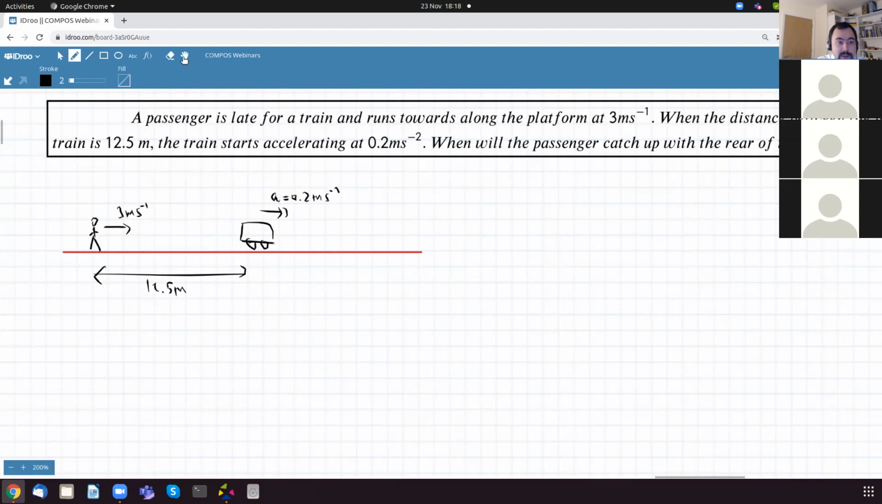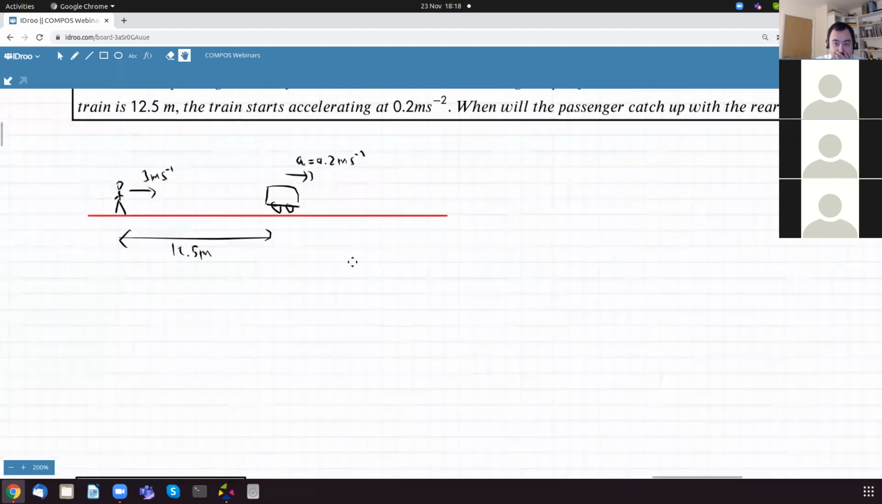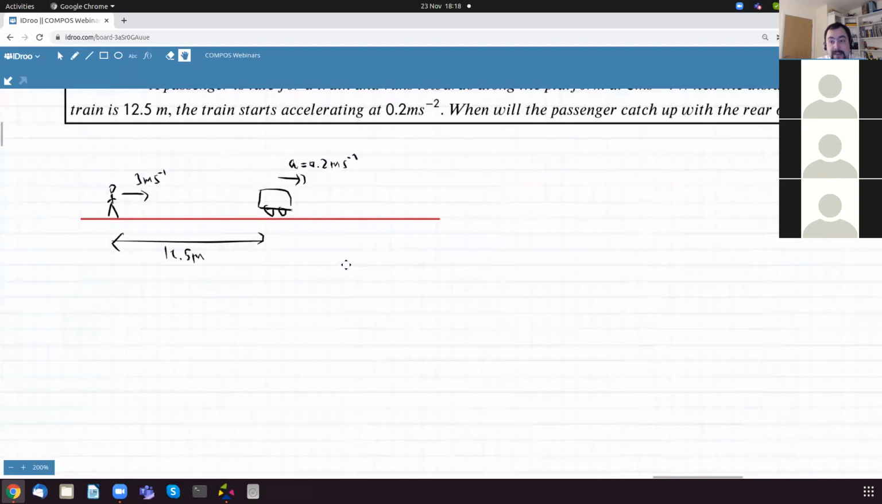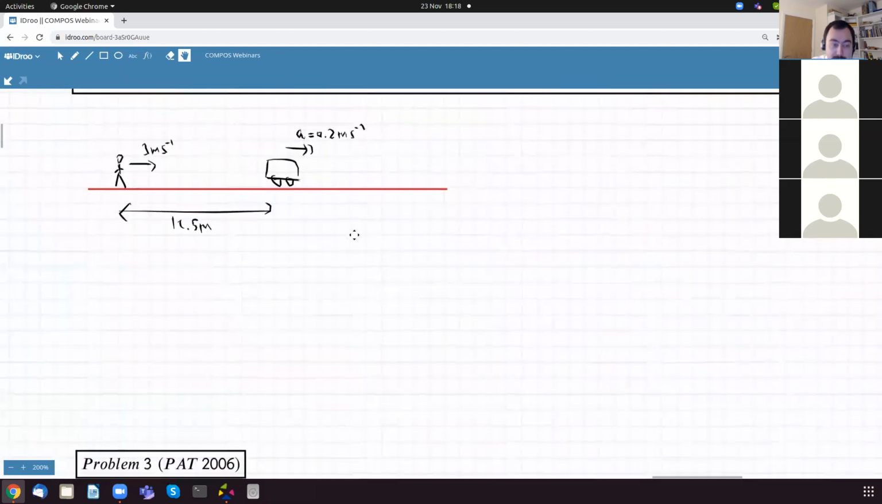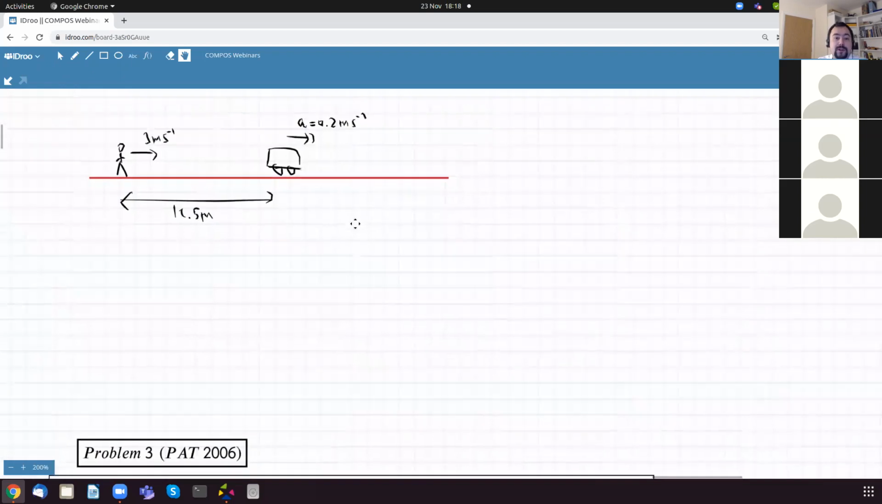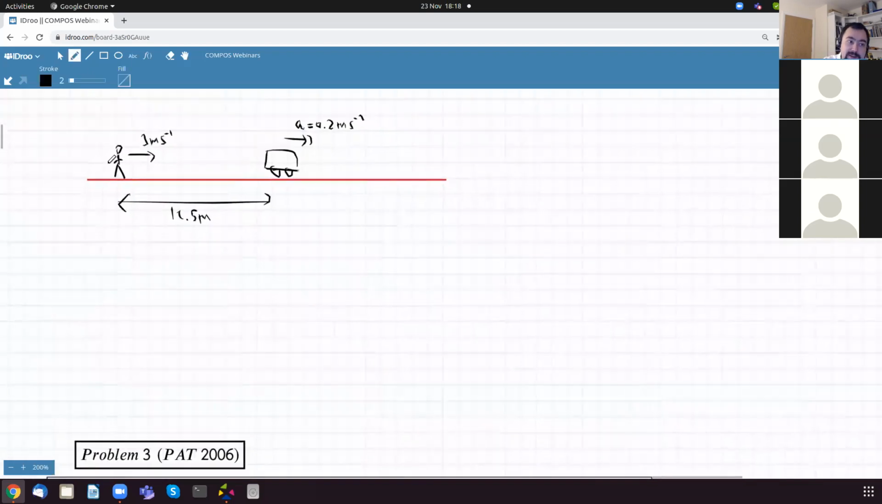Of course, you can solve this by Suvat. That's Suvat. But I want to demonstrate to you how you do it using the equation of motion, because the topic of the assignment is equations of motion. So for the passenger, you can write